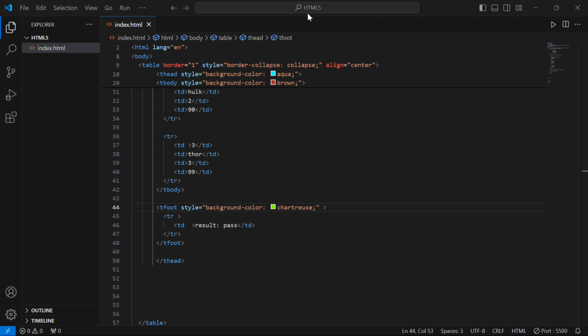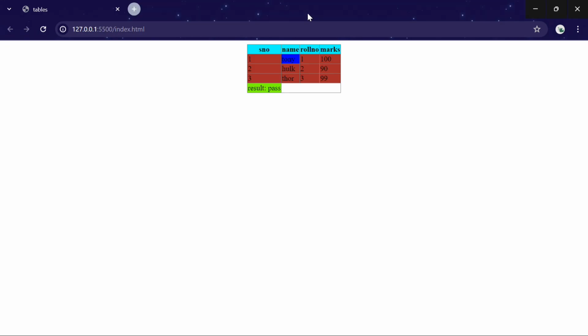In our table concept, we have two more attributes called rowspan and colspan. Using rowspan, we can join two or more rows in a table. And similarly, colspan is used to join two or more columns in a table. Let me get back to our output. Here we see that in our output, the last column, result is equal to pass, looks in one column. That means in the serial number column, we look in the last column, right? So let me combine all the 1, 2, 3, 4 columns into a single column.